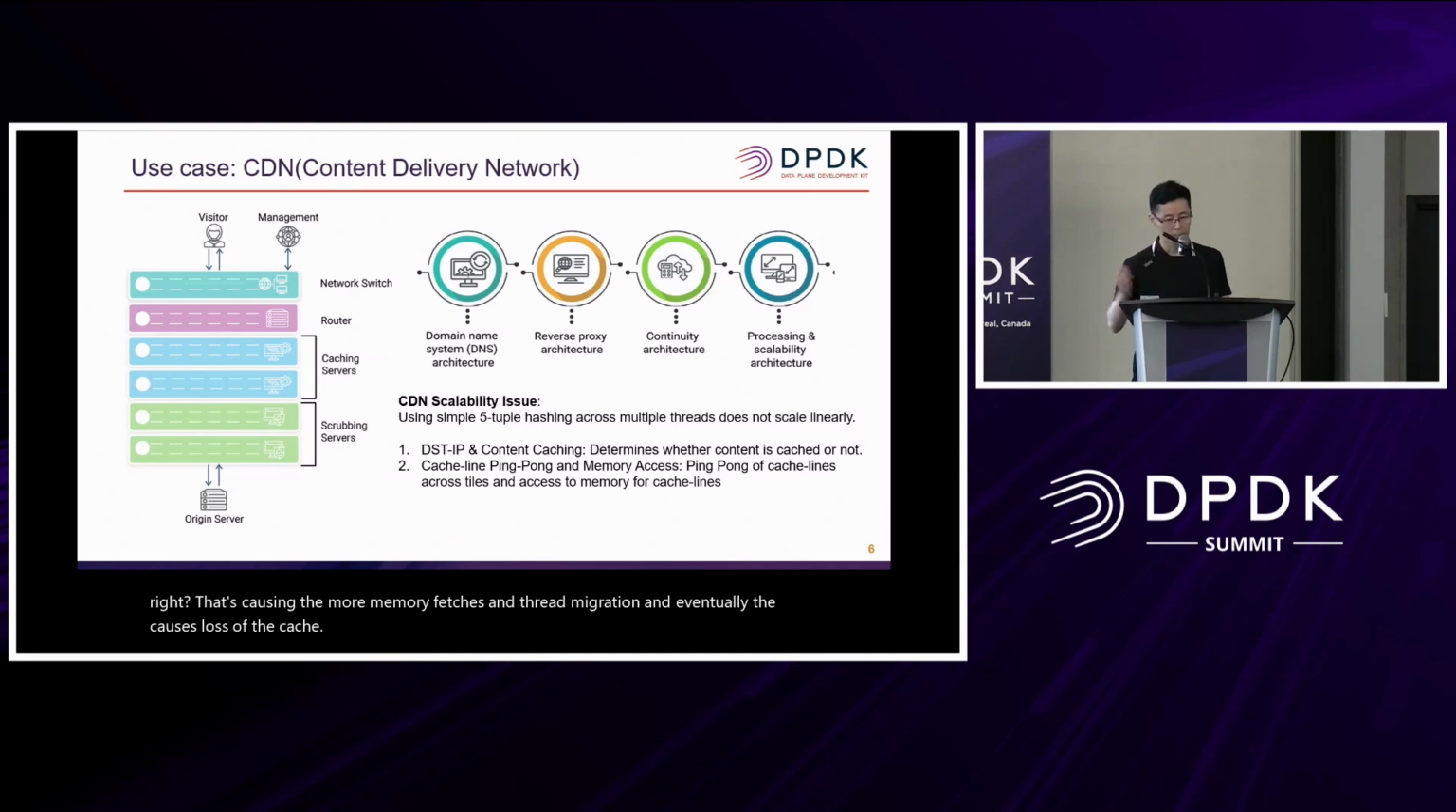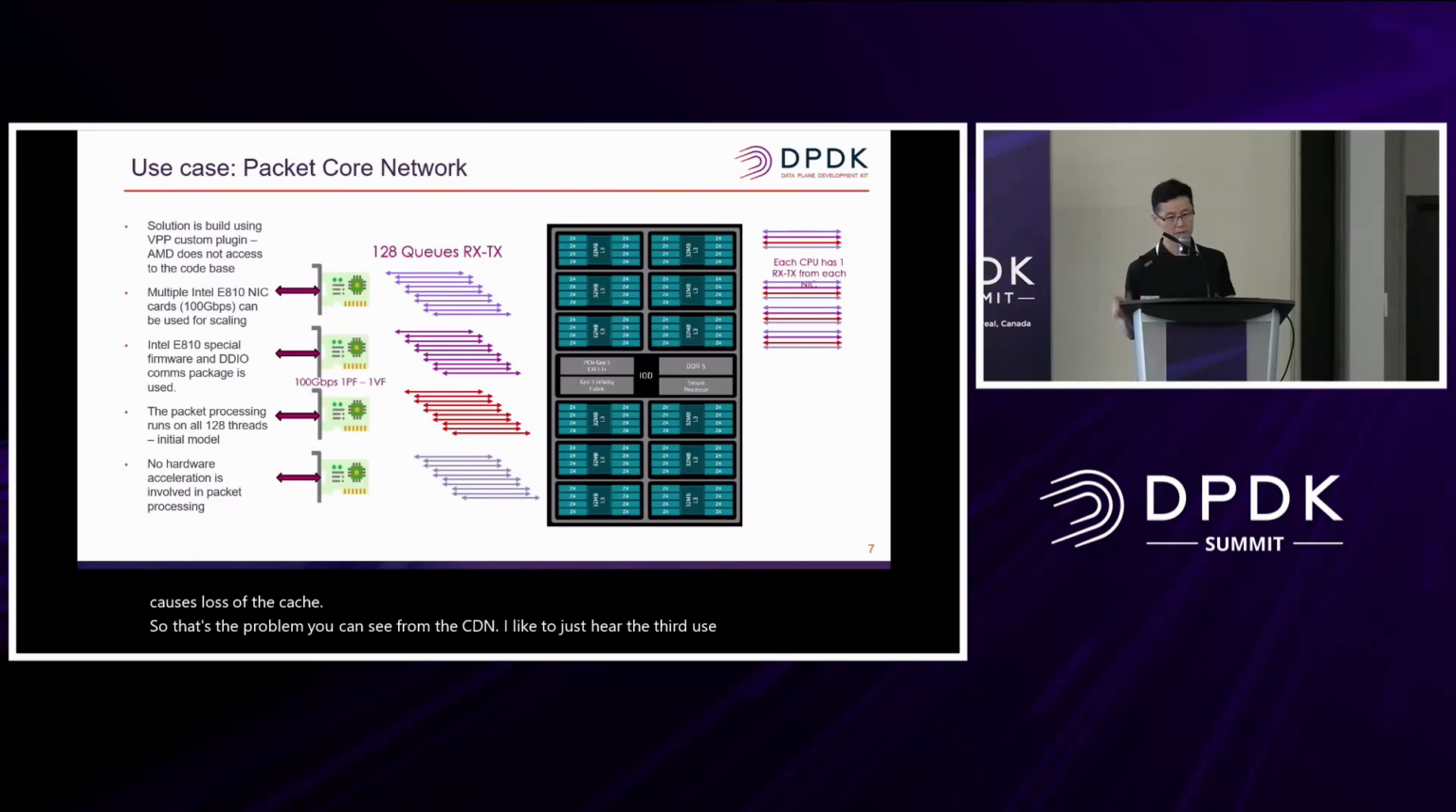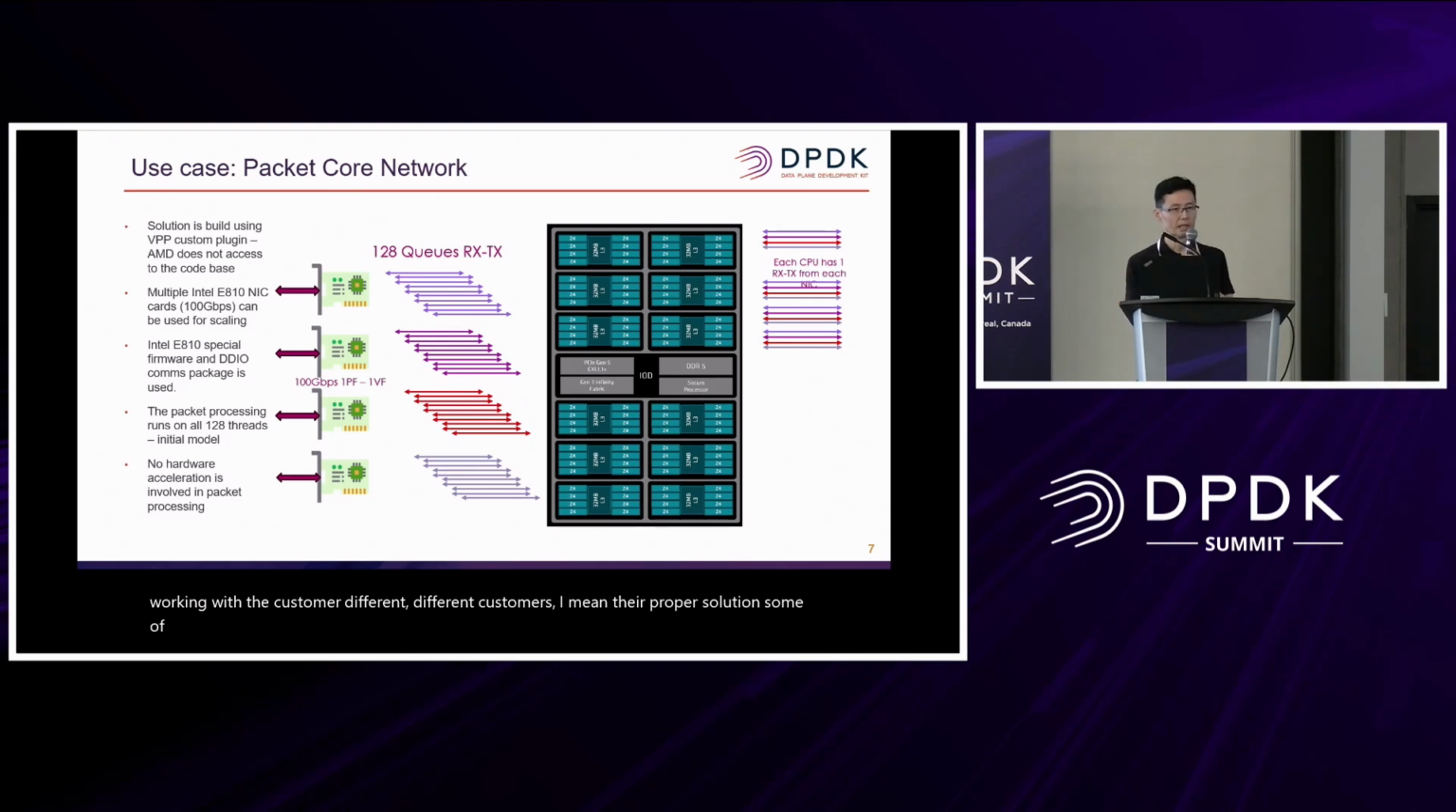So that's the problem we can see from the CDN. The third use case is coming. We want to focus on packet core networks, pretty much the same example. We've been working with different customers. Some of them are proprietary solutions, and they are not really all local-like. But we actually found there are things that are interesting to see how we can